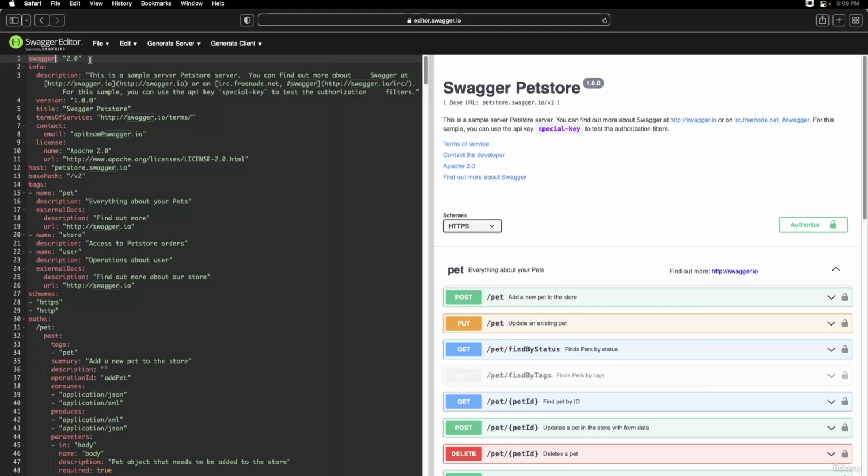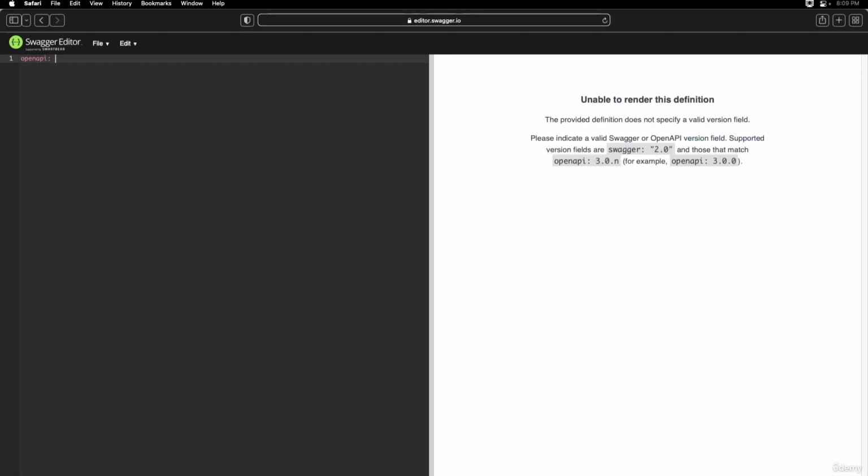So from 3.0 you should not use Swagger, instead you should use the OpenAPI. That's a major difference that I want to highlight here. Now let me clean all this. So the very first element that we need to write here is OpenAPI, and what is the version of your